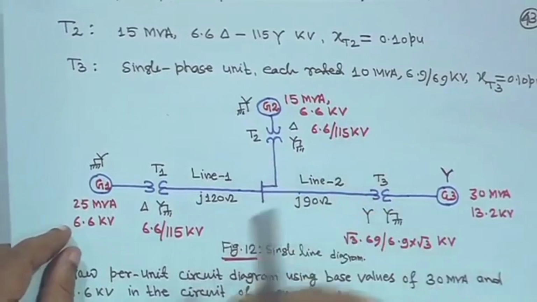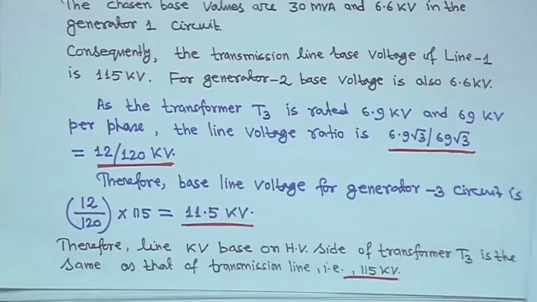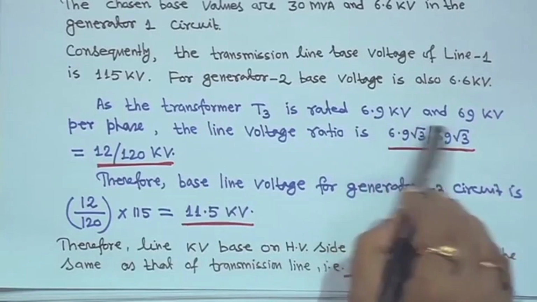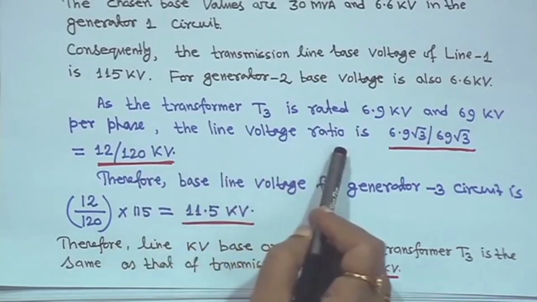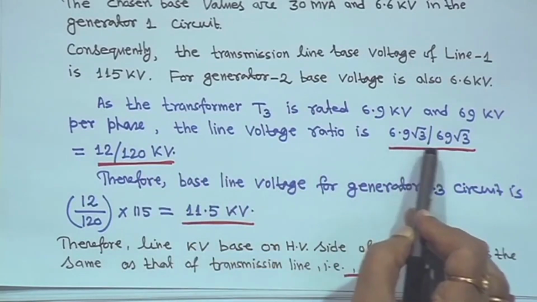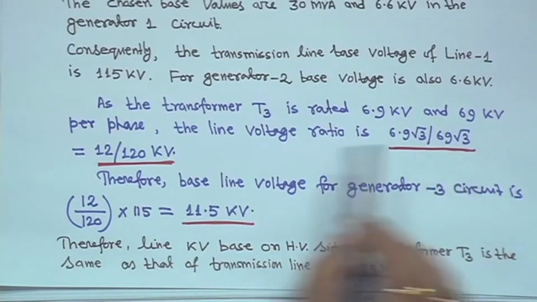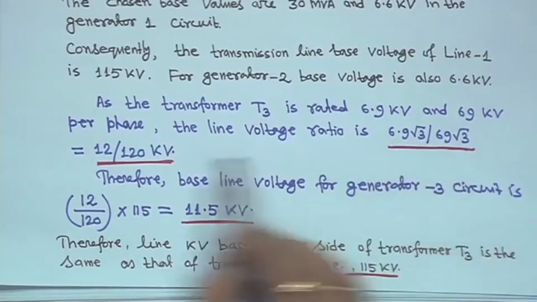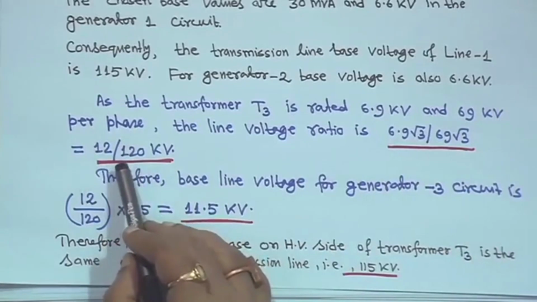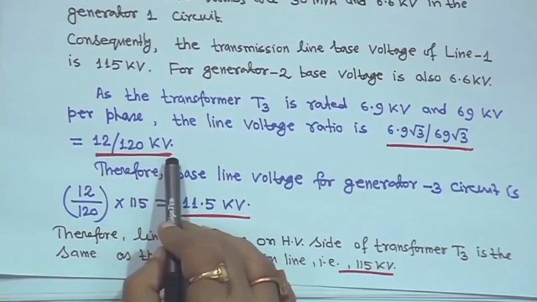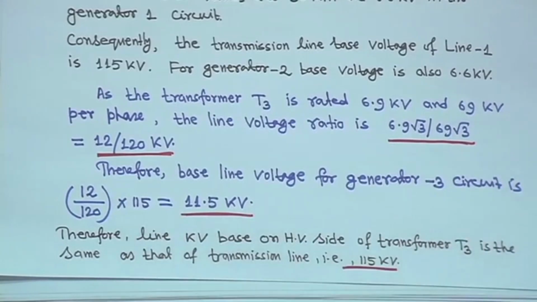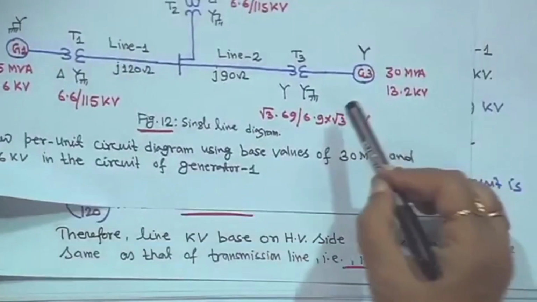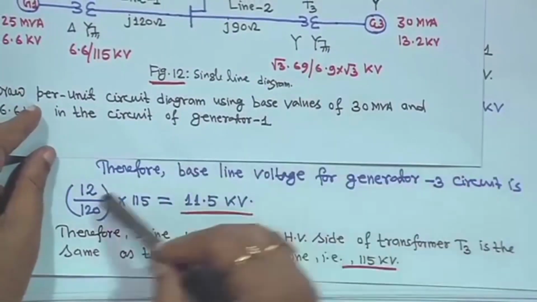So, absolutely no problem. Now, next, the transformer T3 is rated 6.9 kV and 69 kV per phase, because we have used 3 single phase transformers. Therefore, the line voltage ratio will be 6.9 root 3 by 69 root 3, right. That is, if you multiply by root 3, it will basically be 12 kV on the low voltage side and the high voltage side will be 120 kV line to line, right. Therefore, the base line voltage for the generator 3 circuit, for this generator, because this transformer is actually 12 kV